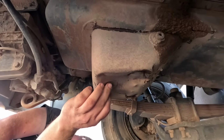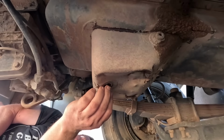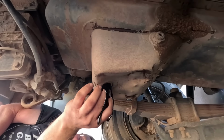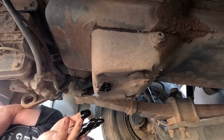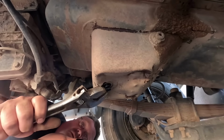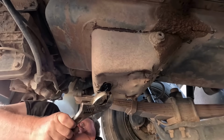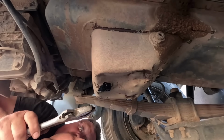So we get to play a quick version of what's in my oil pan. Looks like just clean oil. Well, alright. Not really clean, but it wasn't a pile of water that came out. I didn't see any chunks. This is good enough to start it. Once it warms up, then I'll change it. I should say if it warms up. There's no point in putting 4 or 5 gallons of oil in this thing if it doesn't run at all